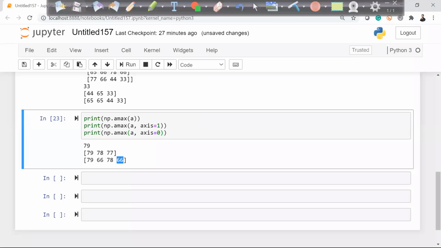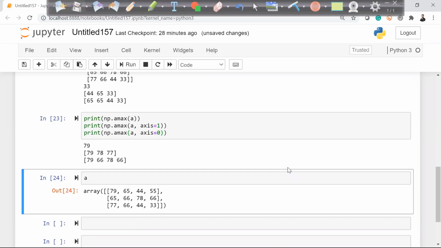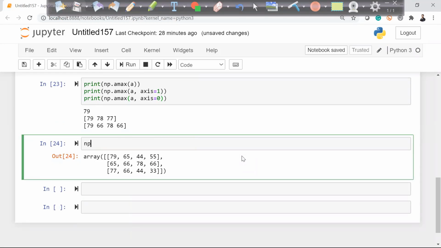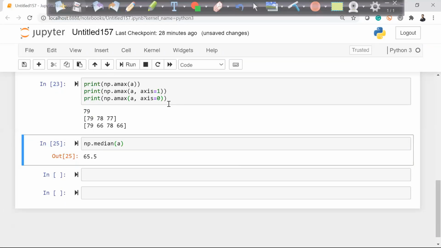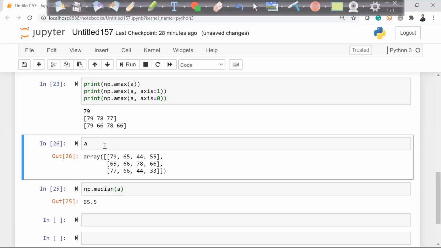Now we can have some statistical functions as well, which we will use in our data science journey. So those are like median. I want to find the median. I want to find the mean and all those things, right? So let's say I have this matrix only, and I want to find the median on this: np.median of A. The median of A which we are getting is 65.5.